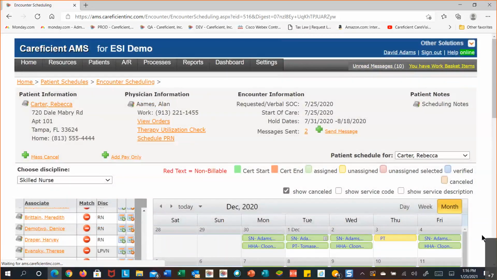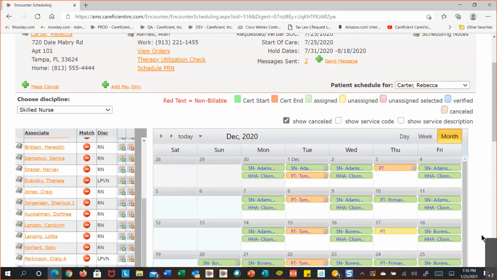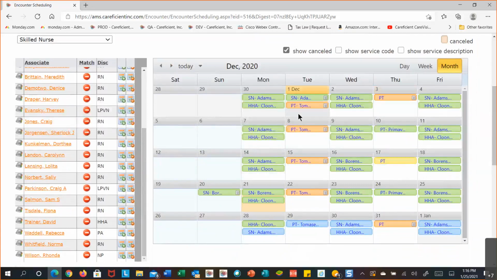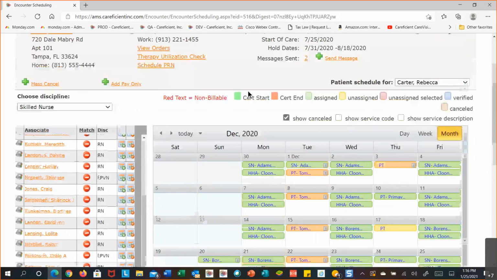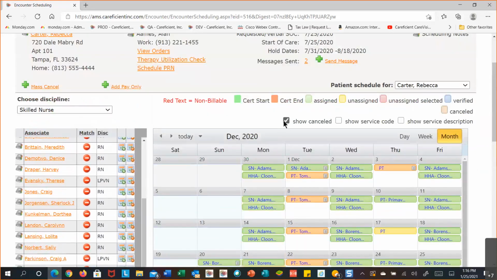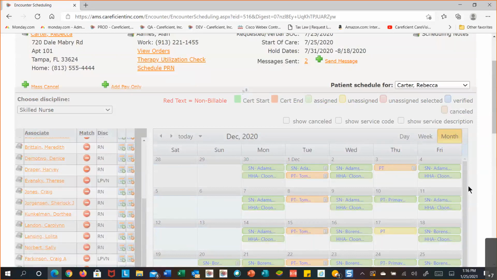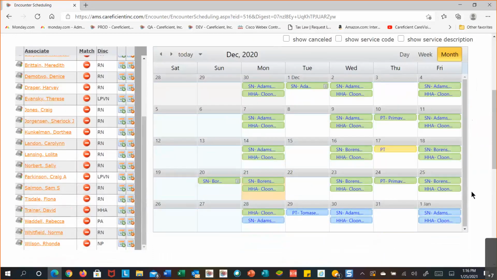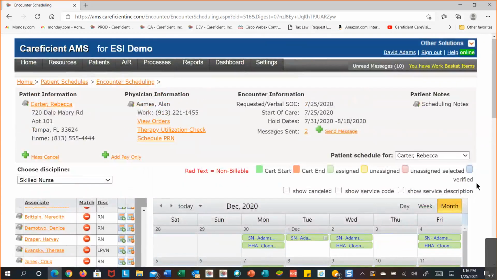So now they're canceled. So you can see that they're all canceled because I still have that show canceled box checked. And then if you don't want to see the canceled services, just remove it. Okay, so that's the patient